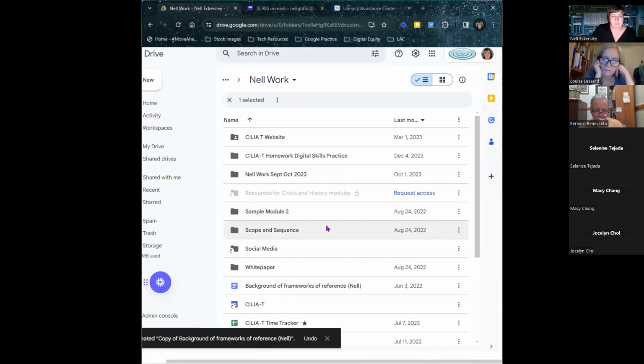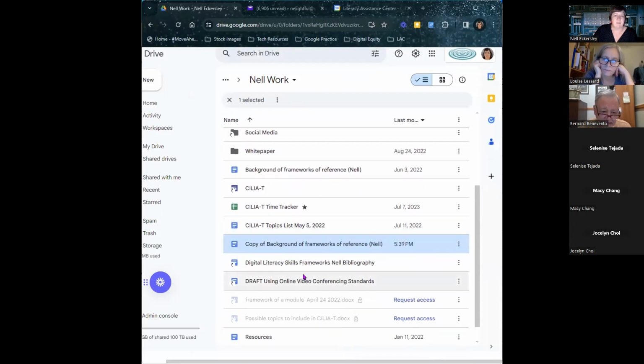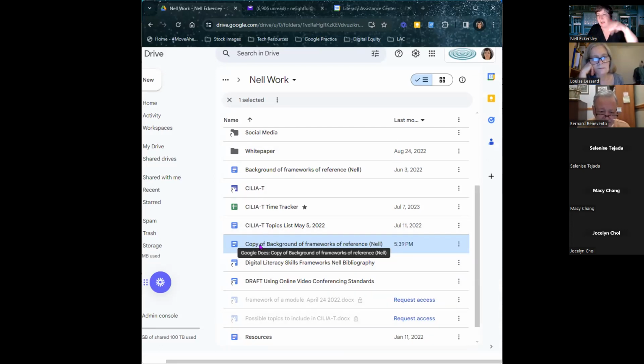And it's going to make the copy inside here. Do I see where it went? Yeah. So one of the things about Google is that when you make a copy, it always adds "Copy of." So you would do that, and then you'd find all the things that say "Copy of," and those you could grab all together and move into a new folder. Then you would own that content.